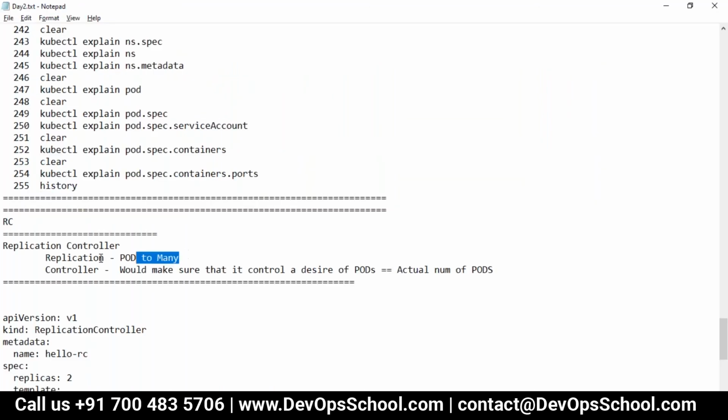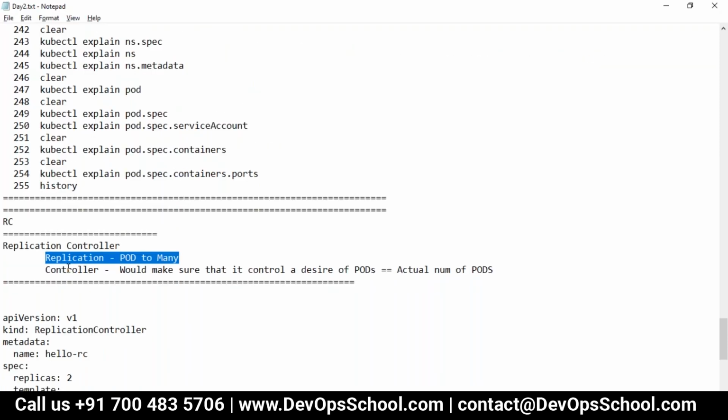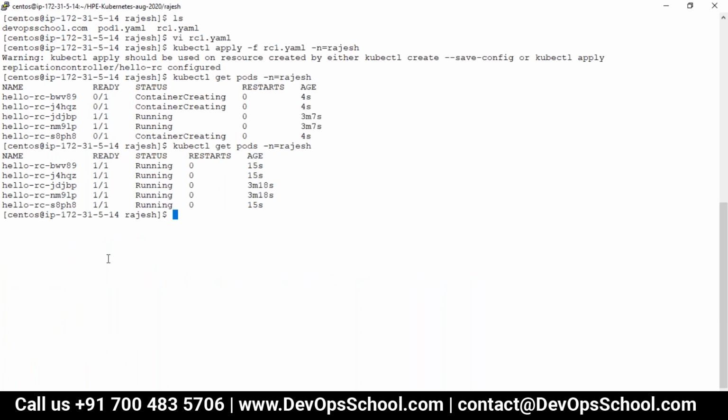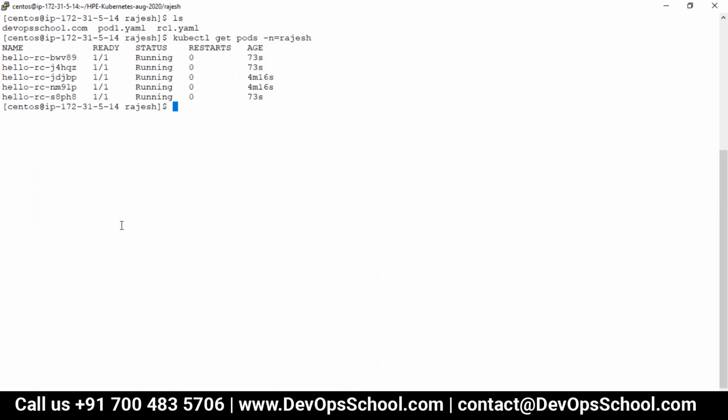So guys, did you understand this feature now, replication? Yes. Okay. Now the next feature which I'm going to talk about is the controller. I said it is controlled by the replication controller, to make sure that the desired state matches the actual state. So can I do one thing? By accident, I will delete some of the pods. In front of you, I'm deleting some of the pods.